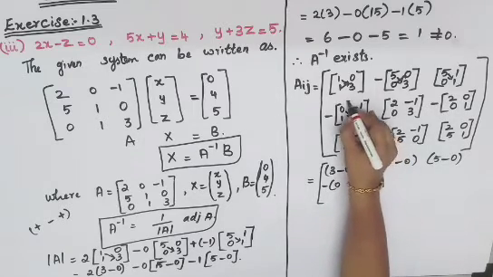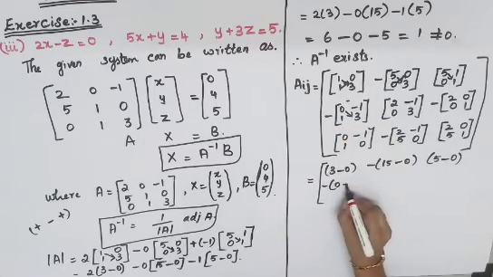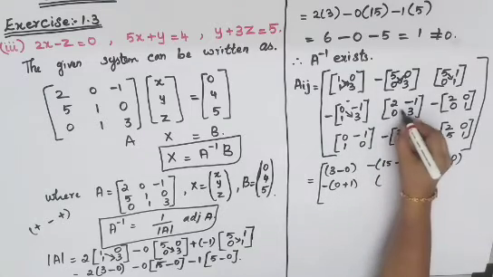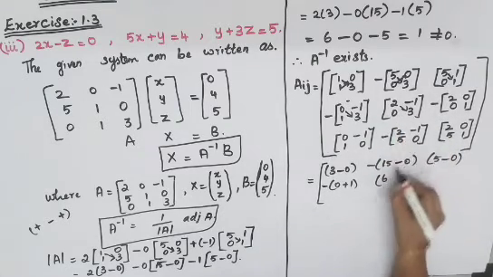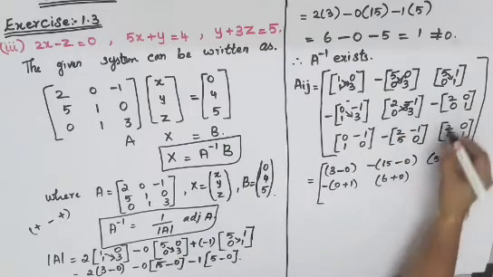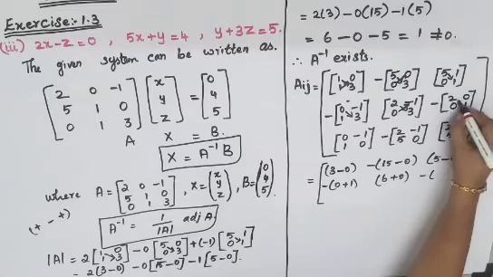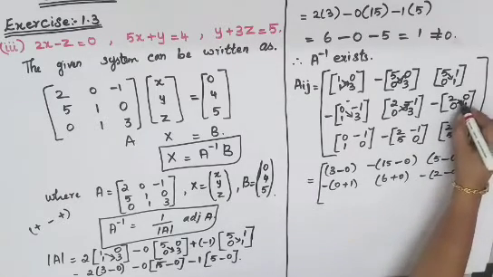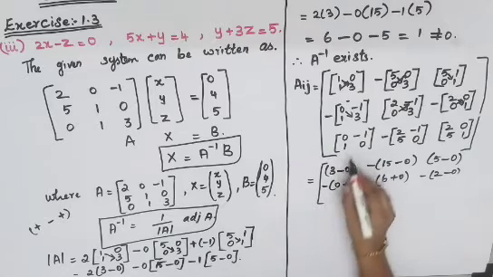Minus is there, so inbuilt minus. Minus and minus will become plus. 1 1s are 1. Again open your bracket. 2 3s are 6. This is 0 into minus 1 is 0. Then minus, open your bracket. 2 1s are 2 minus 0. This is 0. Then third row, 0